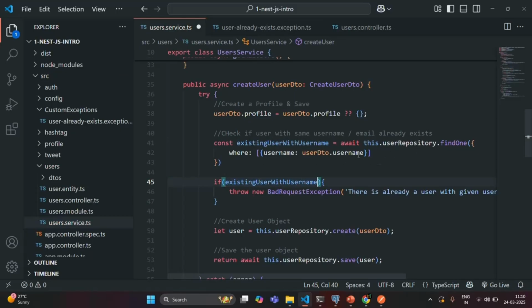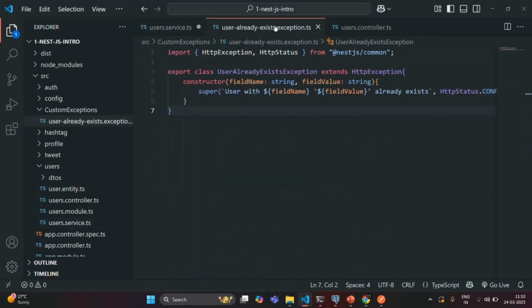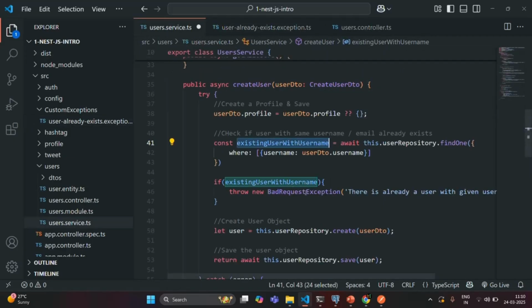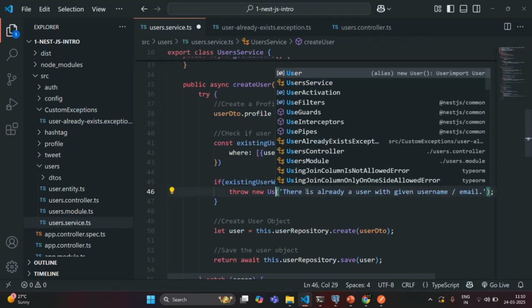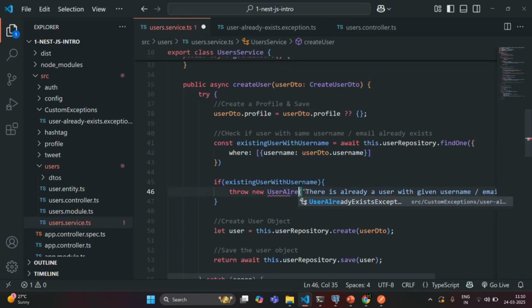Okay, and now here I'm going to use this variable existing user with username. So if a user with given username already exists, in that case this existing user with username will have some value. It will have that user, and if that is the case, then we want to call this user already exist exception. We want to throw this user already exist exception. So here I'm going to use user already exist exception,